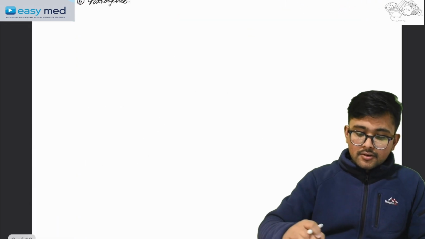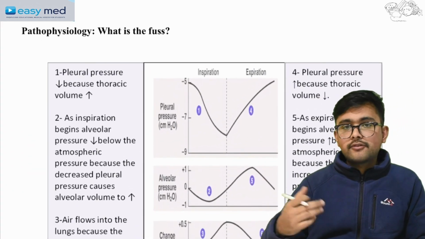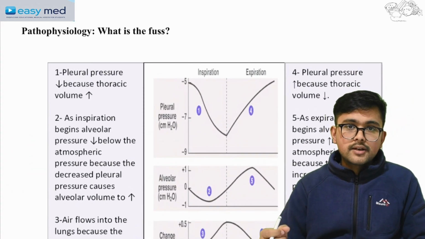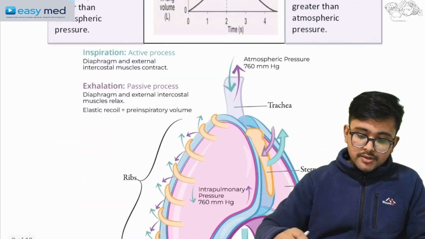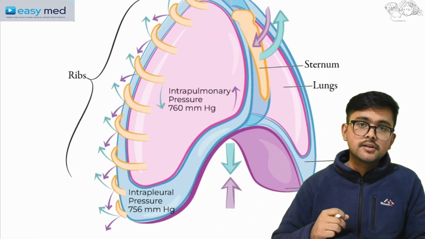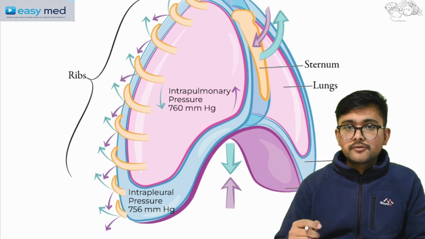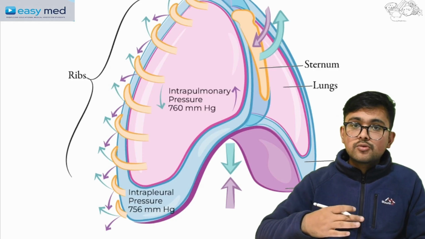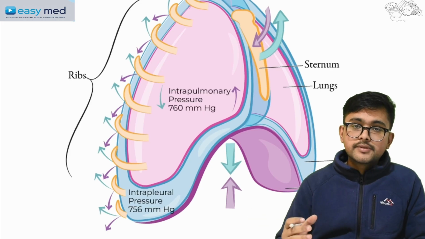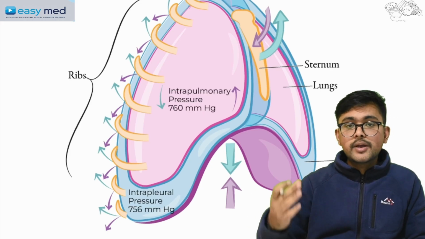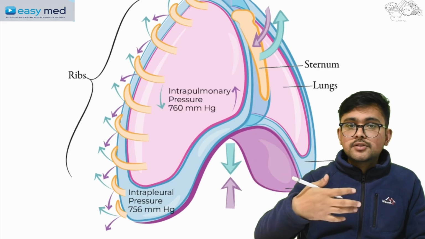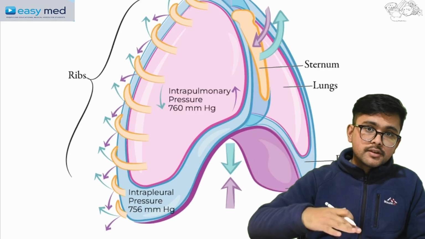Right. Now, let's understand what is the fuss about pneumothorax. Why are we worried about air coming into the pleural cavity? Before we go into this chart, let us revise the most basic physiology of respiration. There are certain factors that are responsible for respiration. For example, the outward movement of the thoracic cage, the pattern at which our ribs are placed, the way nature or God has made our thoracic cavity, the direction of the intercostal fibers, the movement of the diaphragm,